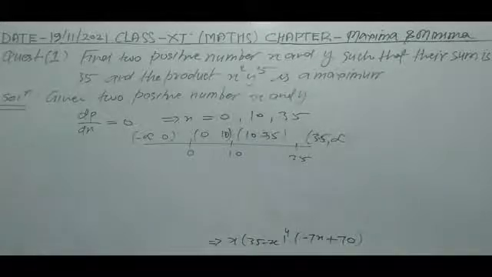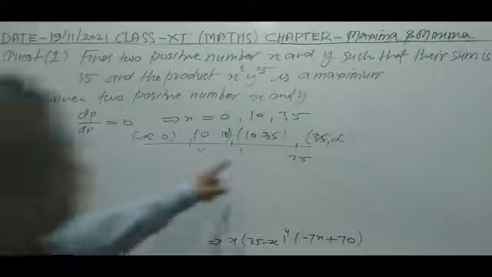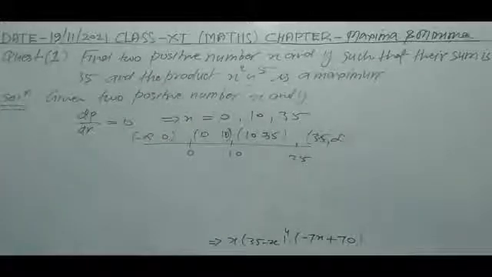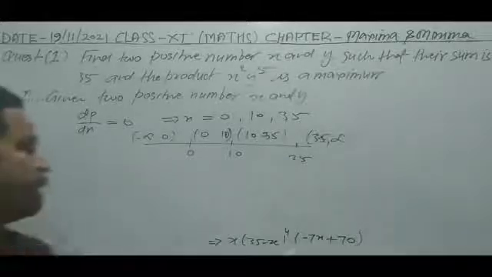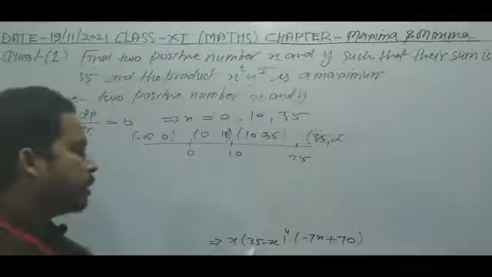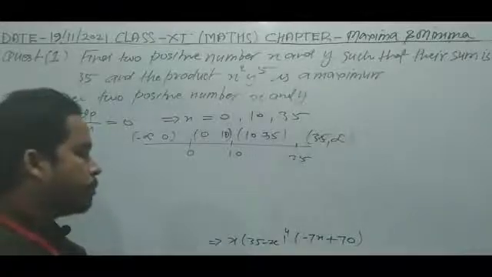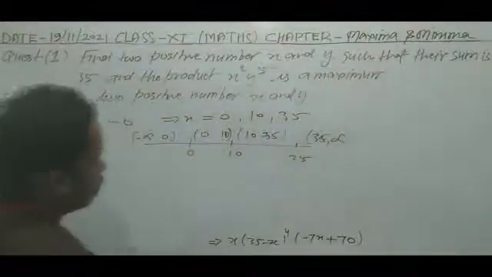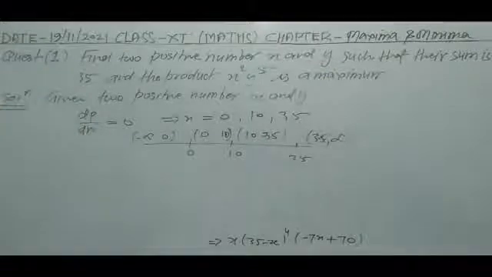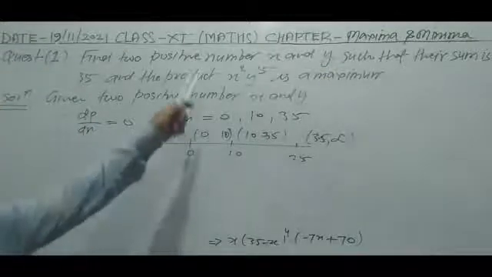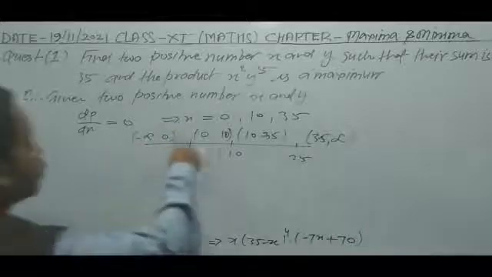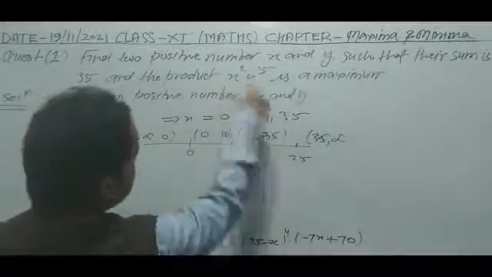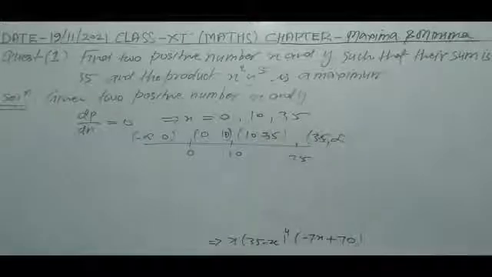But in 10 to 35, suppose we take 25. Then 25 times 7 gives 175, and this is negative. And 25 gives a positive result, and this is also positive. So the result is negative. Negative means the slope is decreasing, and here the slope is increasing. So in 0 to 10 it is increasing and in 10 to 35 it is decreasing, so what can we say? We can say at x is equal to 10,